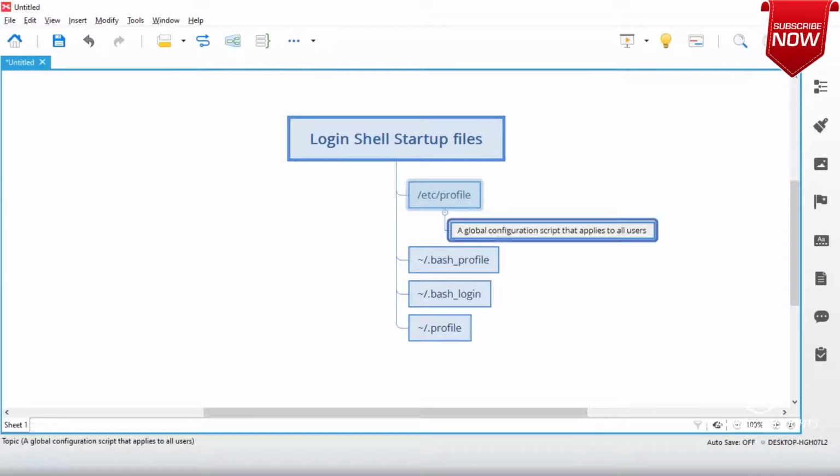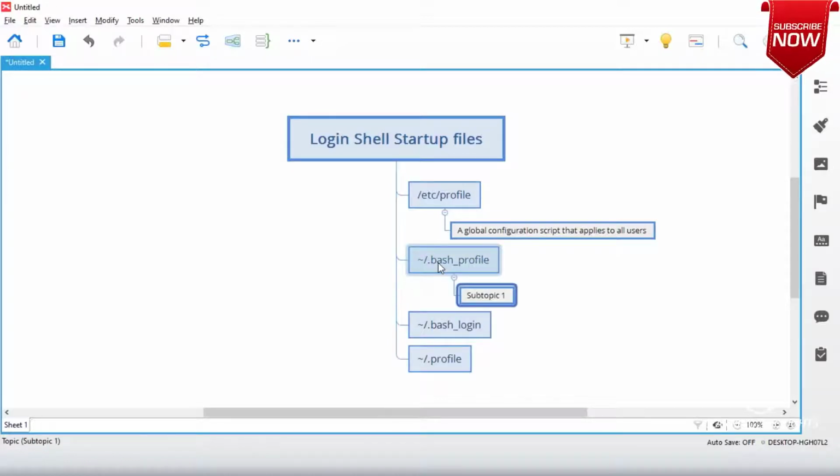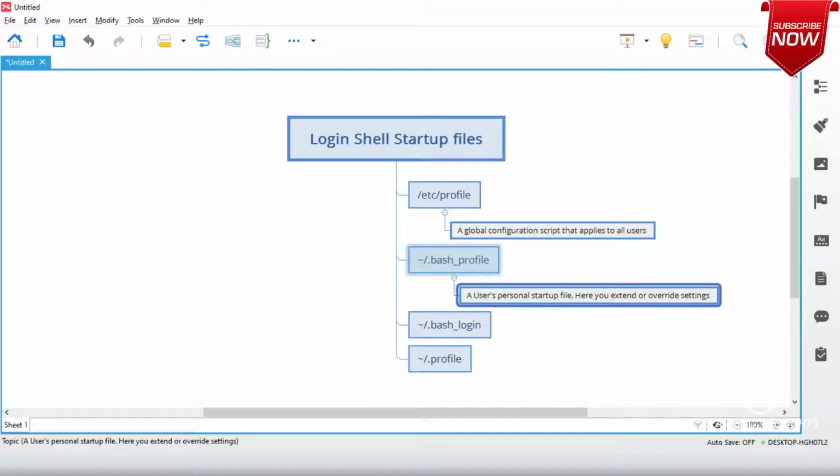So when any user logs in to your machine, the first file that gets loaded is /etc/profile. And then .bash_profile is a user's personal startup file. Here you can extend or override settings defined in /etc/profile. If you want to change them, you can change them.